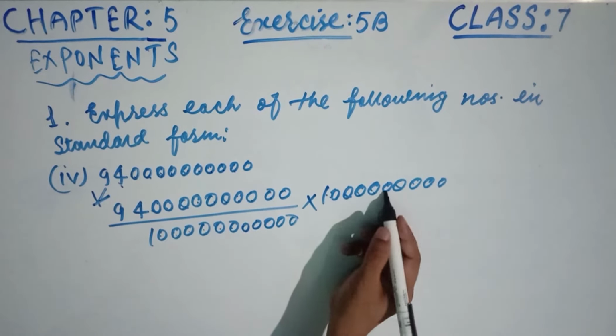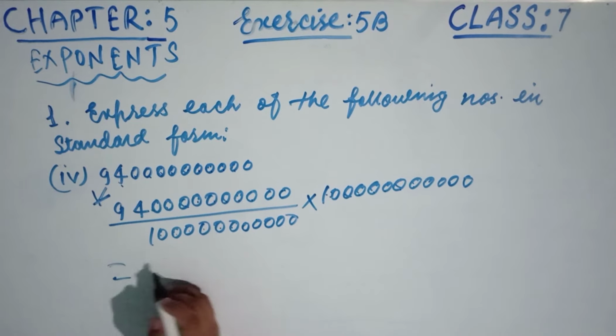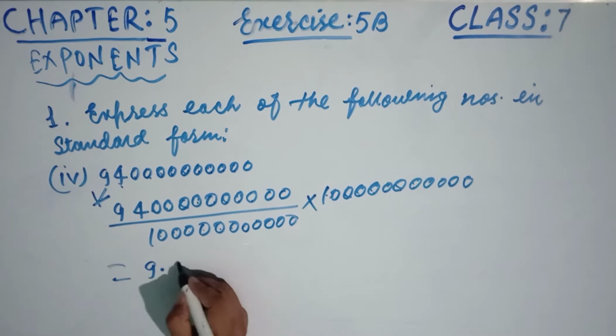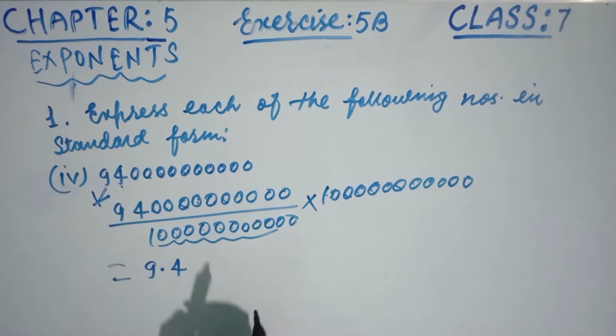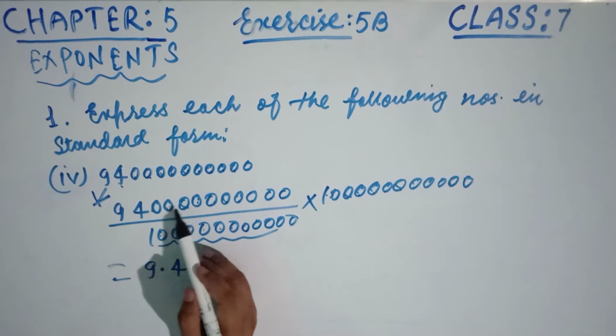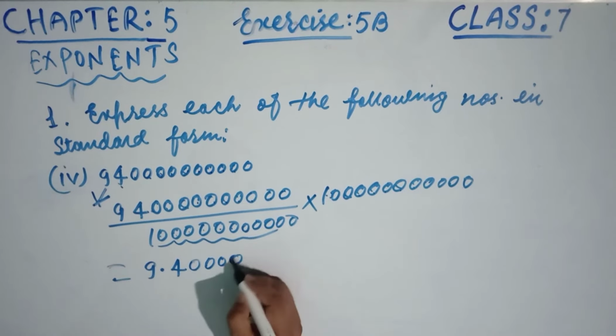1 2 3 4 5 6 7 8 9 10 and 11. And now see friends, if we divide this number by this, then we will get 9.4, because here is the 11 times 0. We count the 11 digits from the right hand side, 1 2 3 4 5 6 7 8 9 10 11, and place the decimal and write this is 10 times 0,